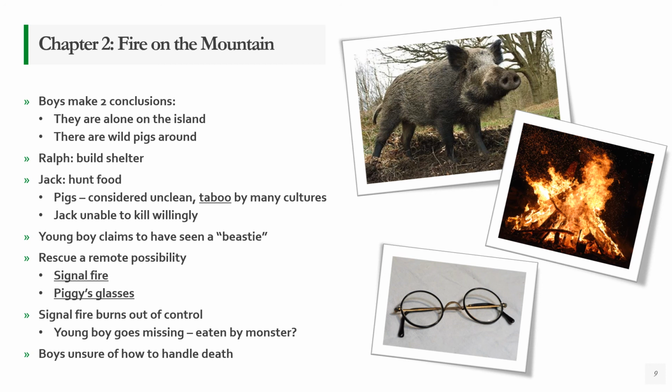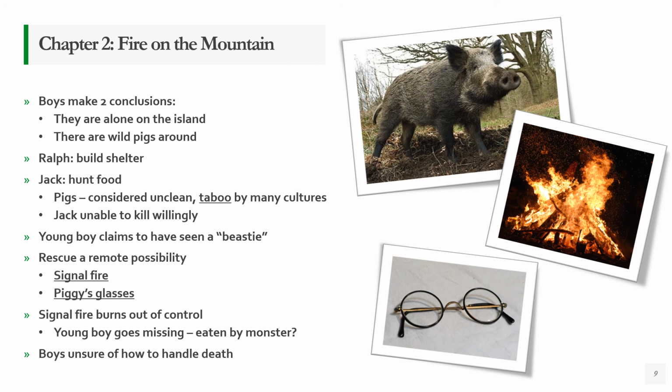Usually, though, the adults are the ones who handle death for the children. They do it on their behalf. They at least provide comfort of some kind if the child is experiencing it. And in this particular case, it seems like there are no adults around to do it for them, so they don't know how to react. Okay, the sense of permanence when it comes to death is something that they are afraid of, and it goes back to the fear of the unknown. And Ralph is really the only one here who seems to respond to this, who seems to handle death on everyone else's behalf.